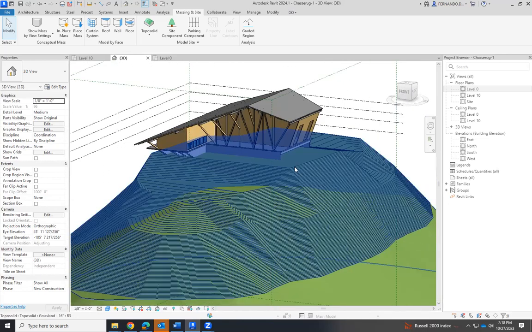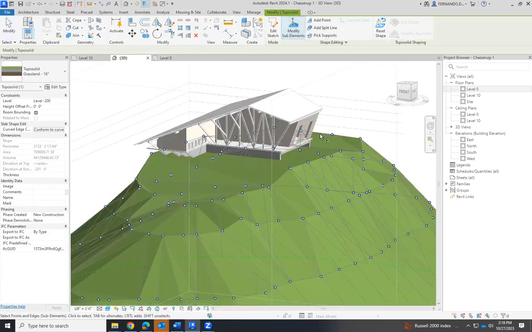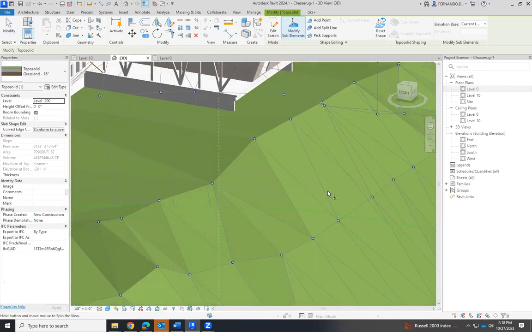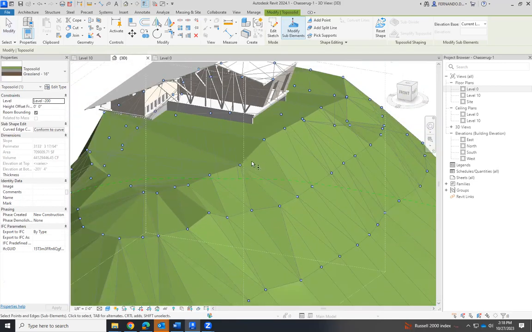If we don't want that, we can modify sub-elements. And we can always change the topography or the elevation of this.